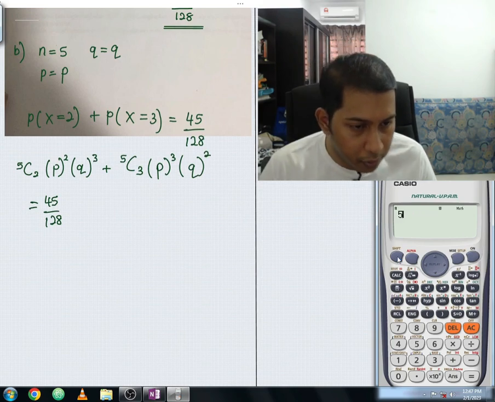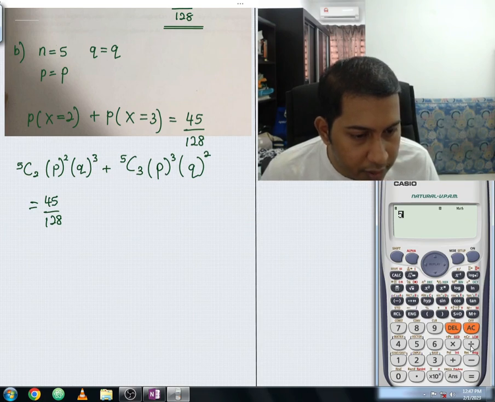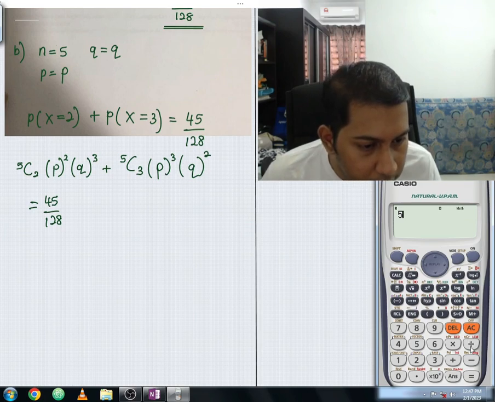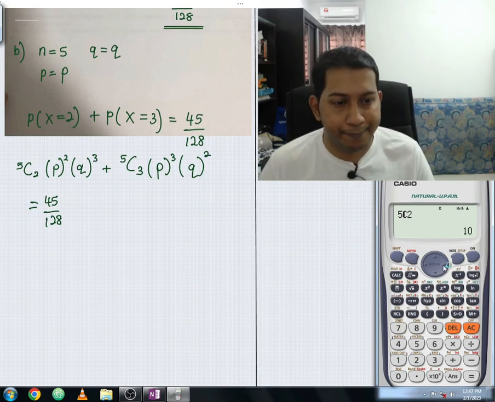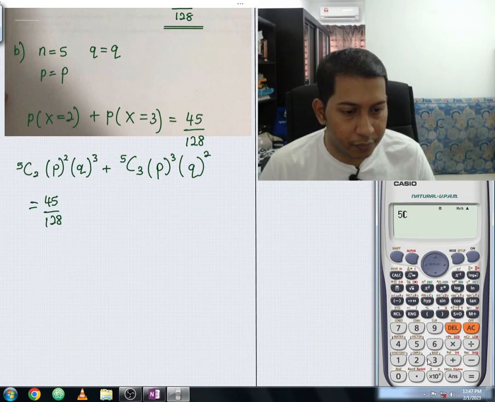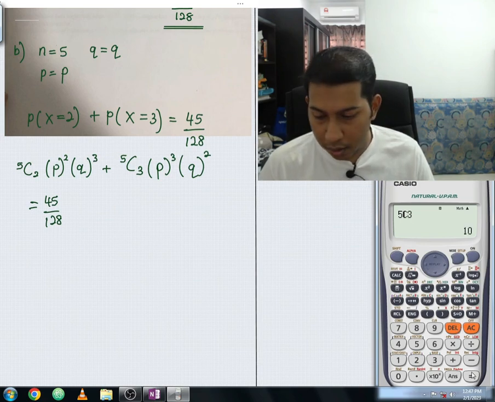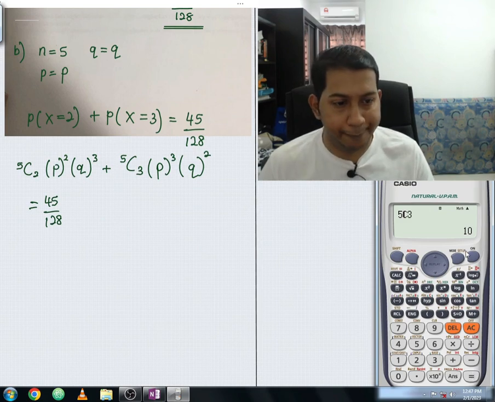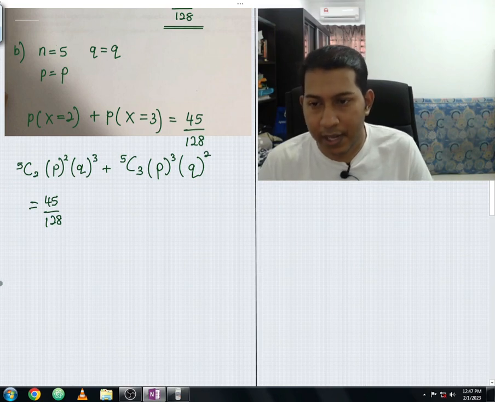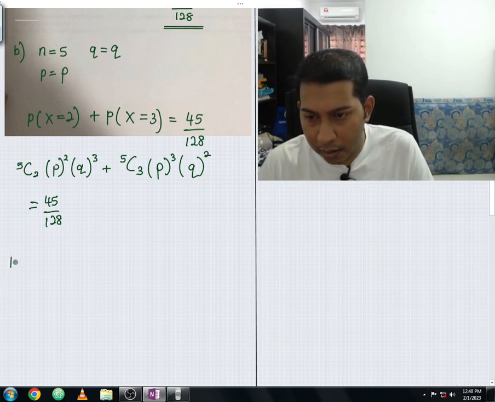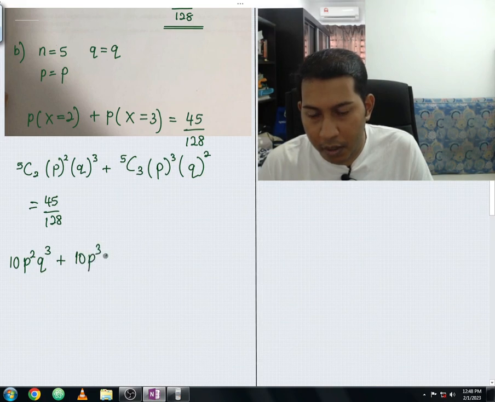5C2, you get 10. 5C3, you also get 10. So the front coefficients here and here we can replace with 10 respectively. So from here, 10 p squared times q cubed plus 10 p cubed q squared equals 45 over